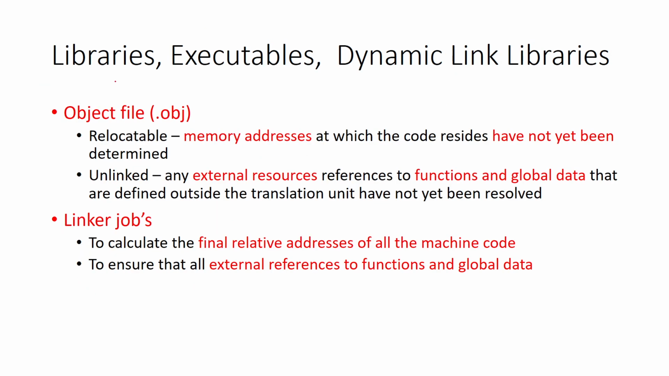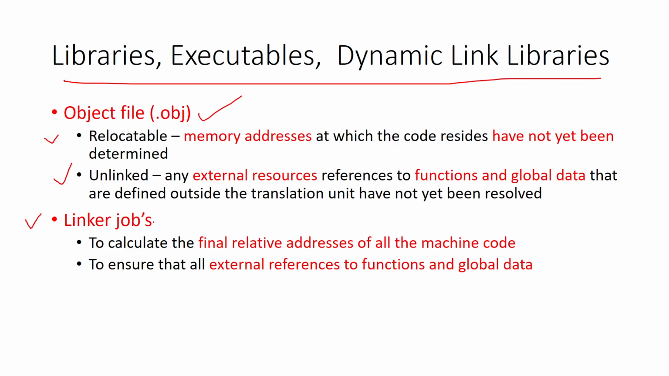Libraries, executables, dynamic link libraries. Object file, .obj: relocatable, meaning the memory addresses at which the code resides have not yet been determined. Unlinked, meaning any external resources, references to functions and global data that are defined outside the translation unit, have not yet been resolved. Linker jobs: to calculate the final relative addresses of all the machine code, and to ensure that all external references to functions and global data